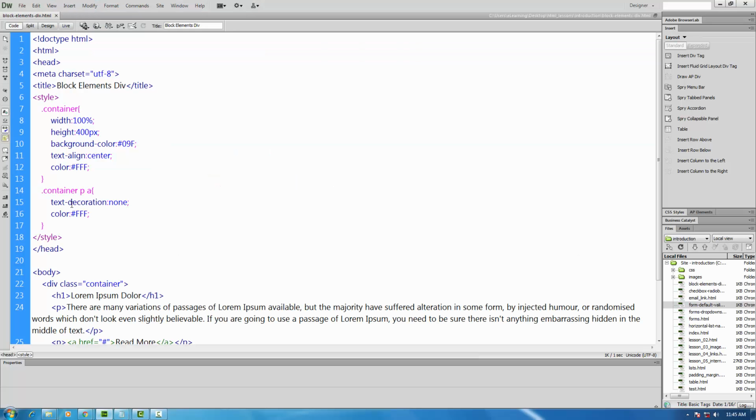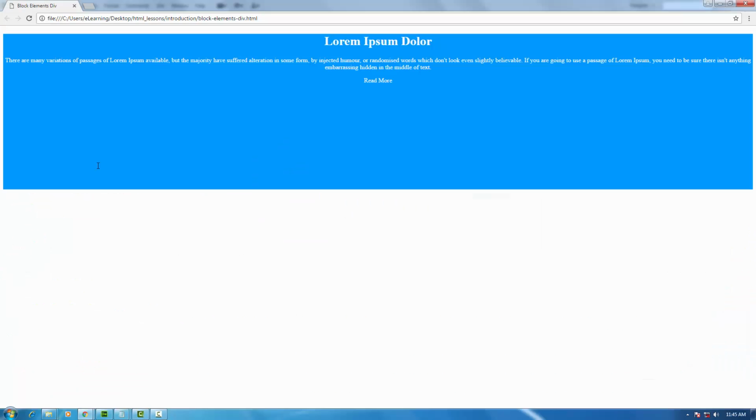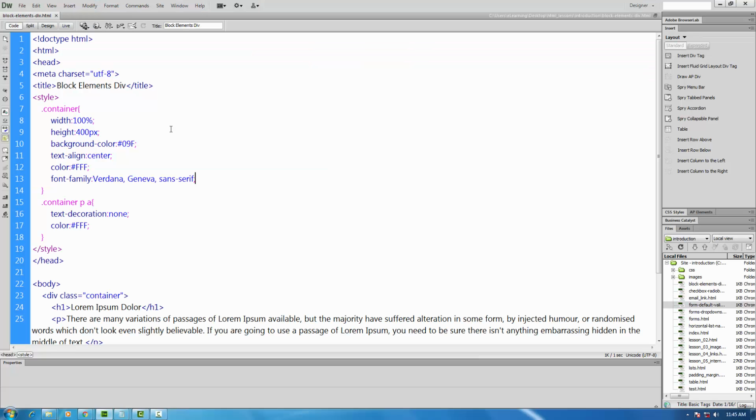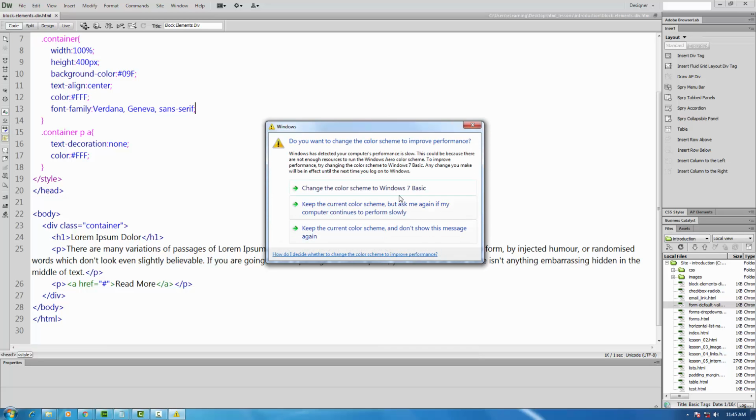Fine. So if you want to change the font of all the elements inside, you can actually change the font also. So to change the font family, just type in font family, and then whatever font that you want, you can actually change. So I'm using a sans serif font here, so it is automatically going to change all the font inside. Okay, so in this video I'm going to actually tell you about how to have margins and paddings